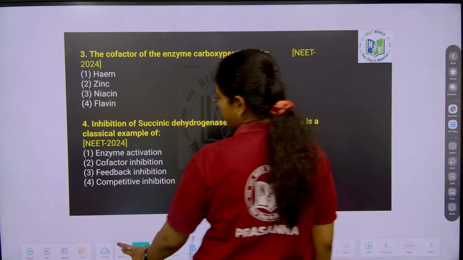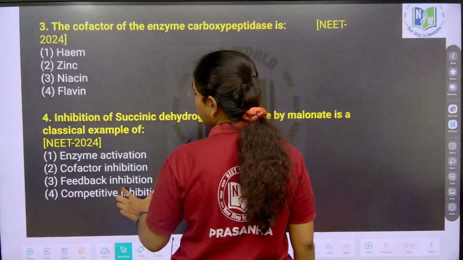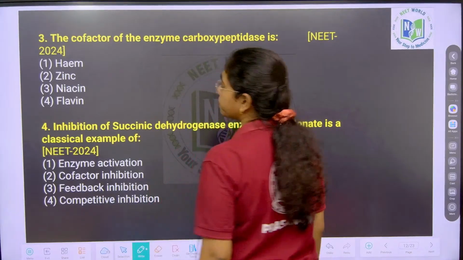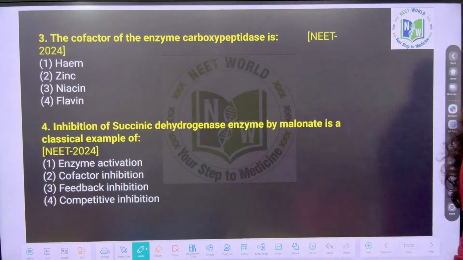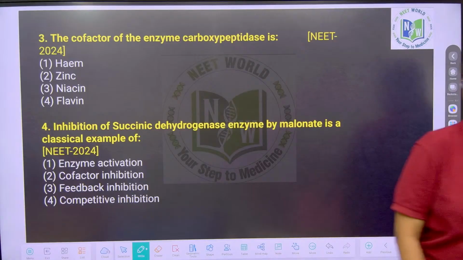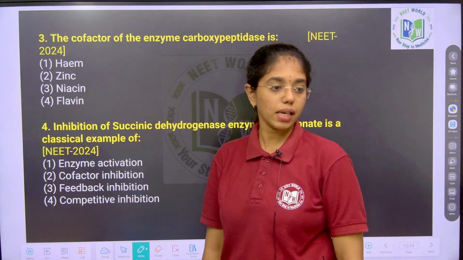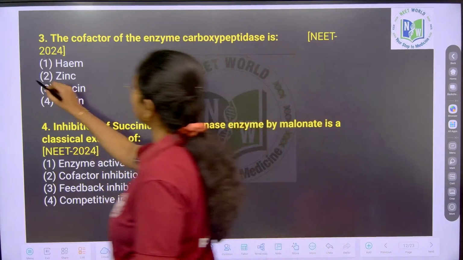Again on the enzymes. Can you see? Almost 40 to 45% of questions are on enzymes only. The cofactor of the enzyme carboxypeptidase is zinc. Next,